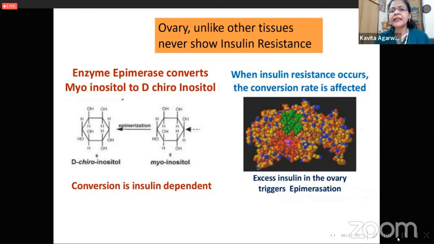So ovary, unlike other tissues, never shows insulin resistance. Here, when there is increased insulin, the insulin-sensitive epimerase enzyme will get triggered. Due to this triggering of epimerization, MI is going to get converted to DCI. So in the ovaries, although MI was doing FSH signal transduction and DCI was producing testosterone, but now what will